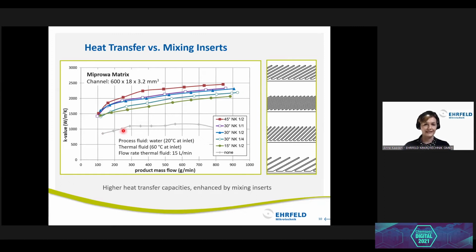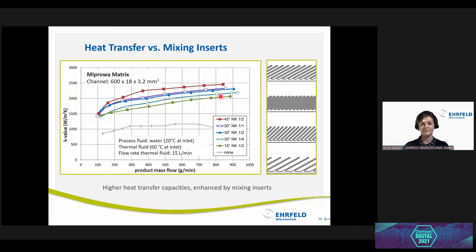And as you can see, it's already a high K value. So we have above 1000. But if you use these mixing structures, so you can see here all the lines with the different mixing structures, you can see how much better the heat transfer gets. So here we are really above 2000, so we doubled the K value, so the heat exchange capacity is doubled